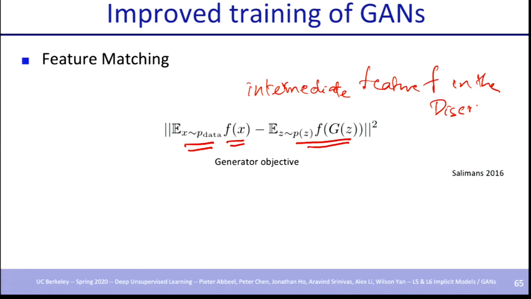So this way, you're not just purely optimizing the output of your discriminator. You're also making sure that the generator produces samples that are consistent at various feature levels of the discriminator as far as matching the real data is concerned. And this is something like making sure that, you hope that the discriminators learn some useful edge detectors and so on. And so you're just trying to make sure that these somewhat semi-low level statistics of the generated samples match the discriminator. And so the generator can't produce some garbage to cheat the discriminator anymore.